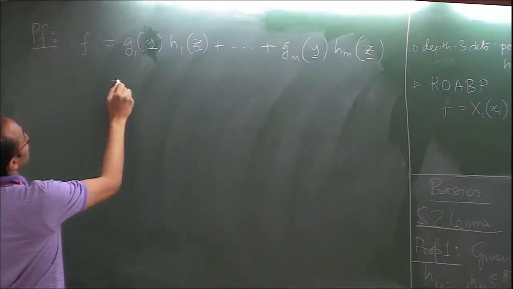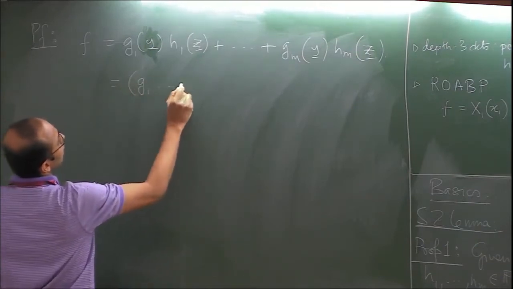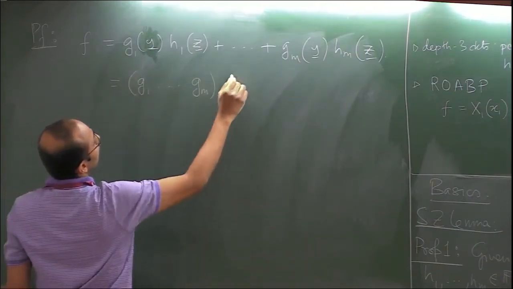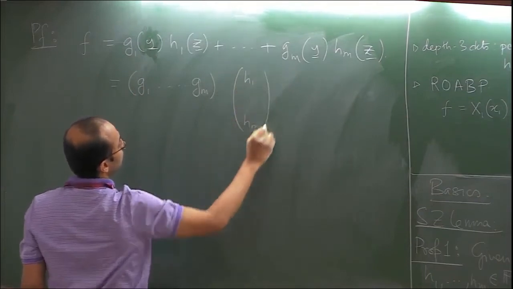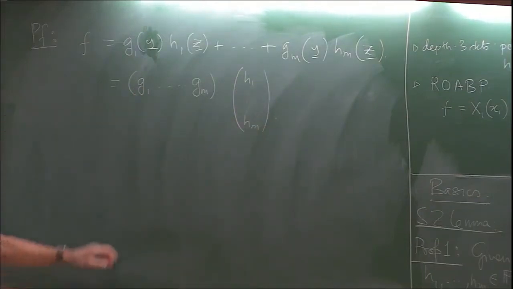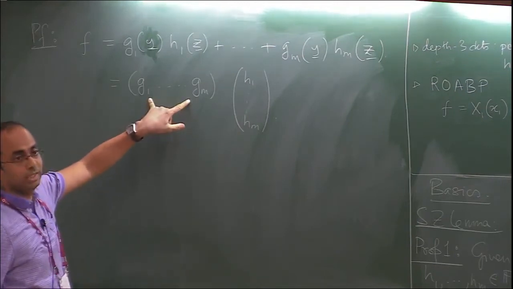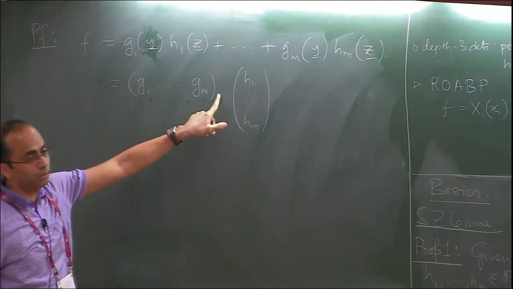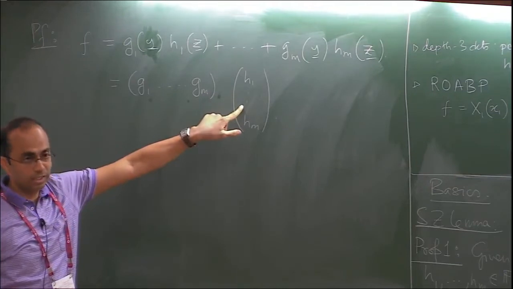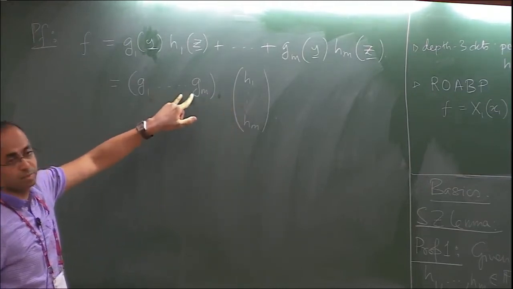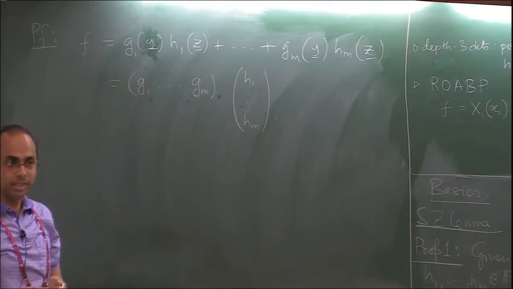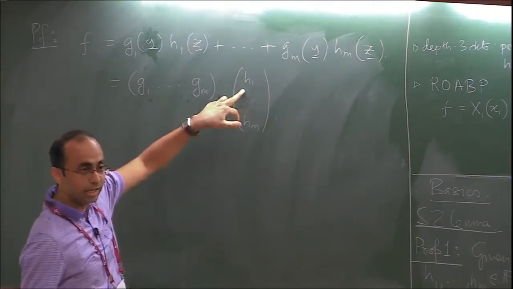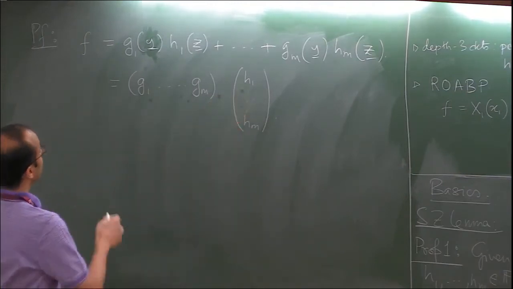The reason being, here's a quick proof: you can write the same equation as the product of a row times a column. And suppose g_1 through g_m are not linearly independent, then you can always multiply with a numeric matrix here and its inverse here, so that some of the entries become 0, and that shrinks m. So you can look at a smaller m, and you can do the same thing for the h's also. So without loss of generality,